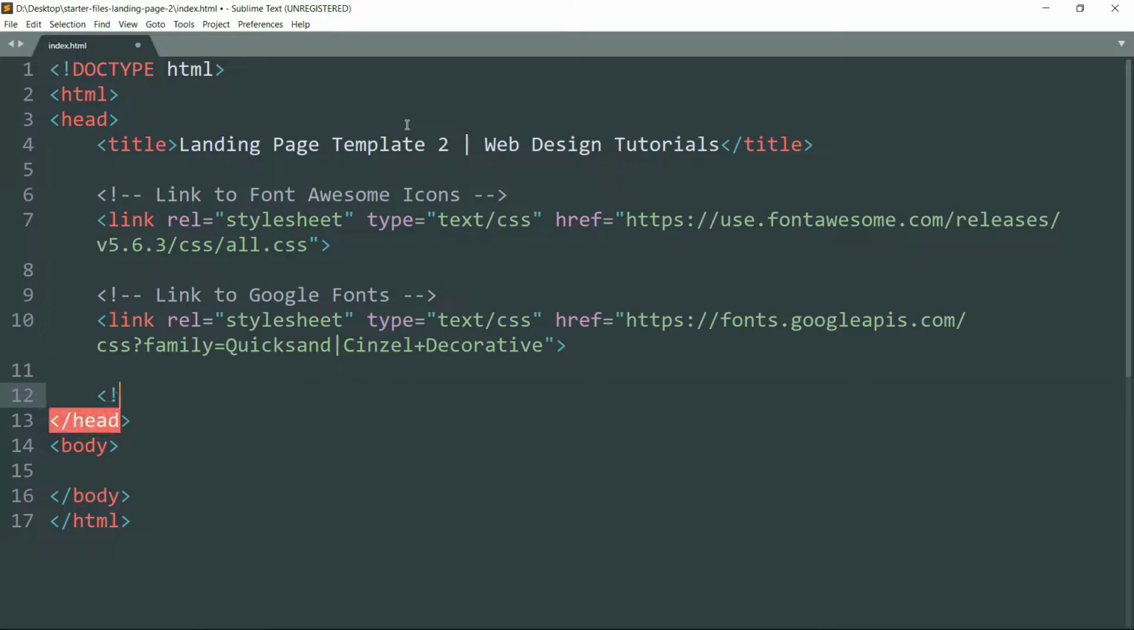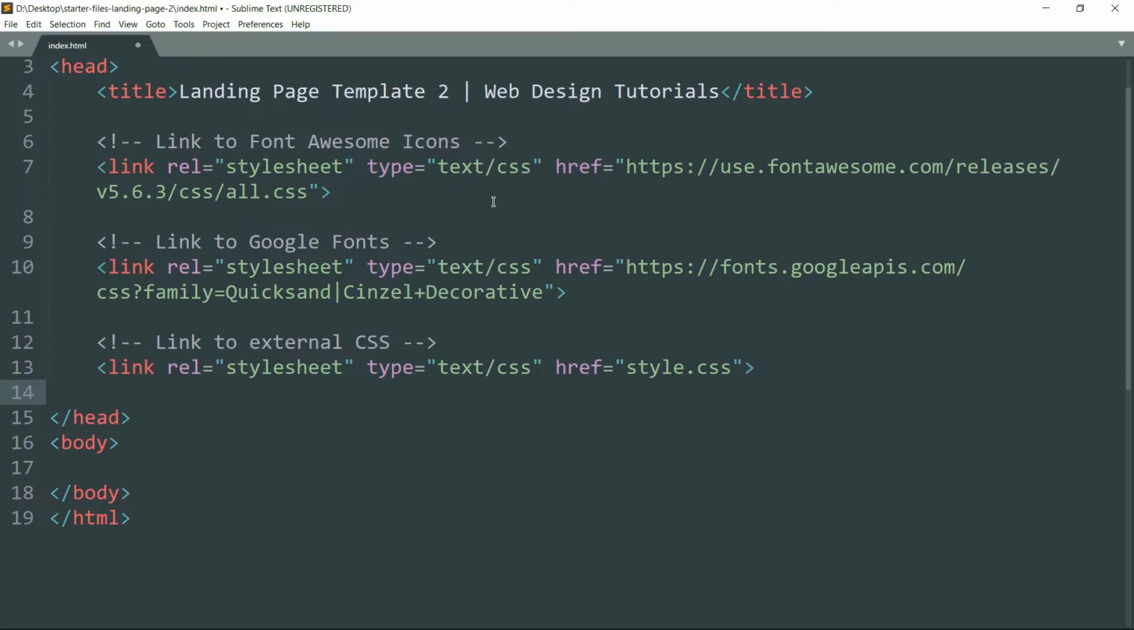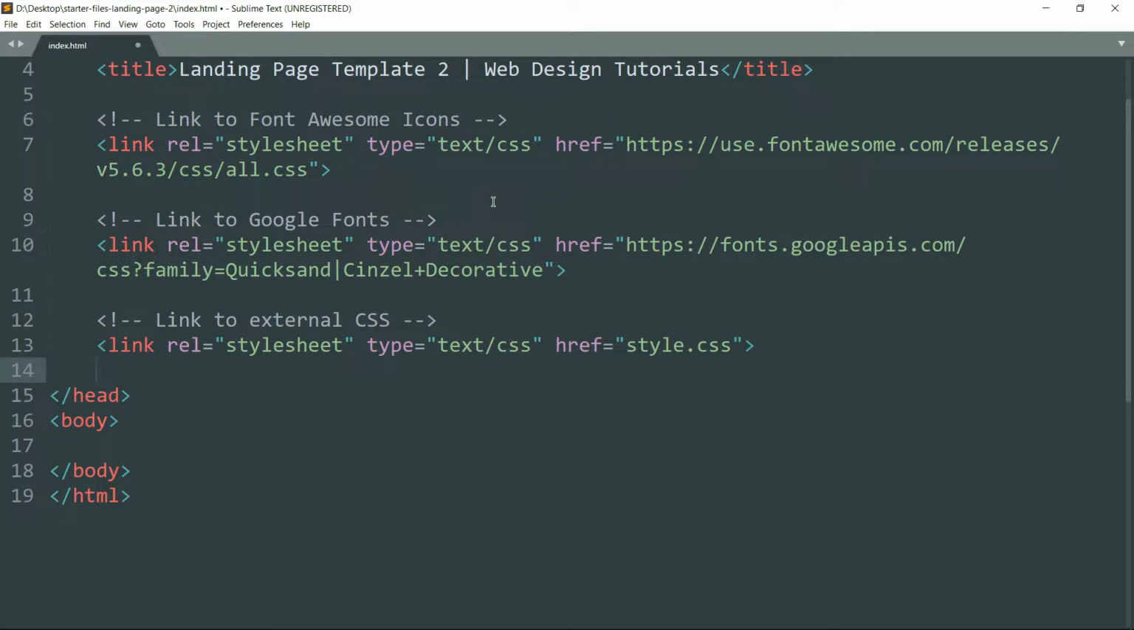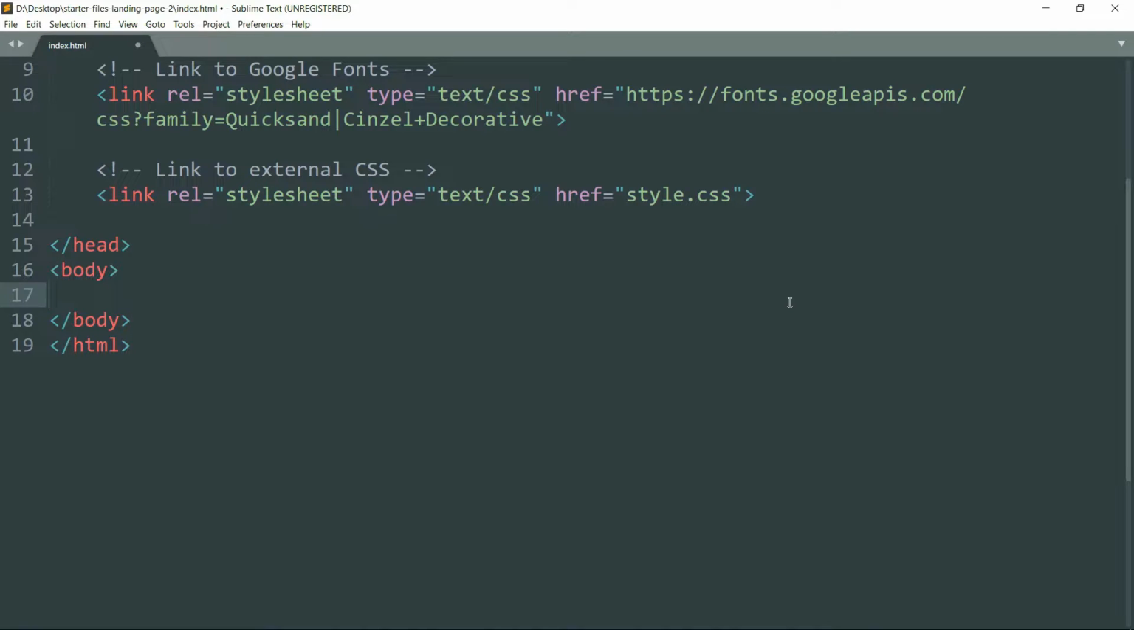Then let's add one link to the external CSS file that we are going to create later to keep all the CSS stylings. And in the reference we can write style.css. Since the file is going to be just next to the HTML file in the same folder, we don't have to write the location. Alright, then get inside the body tag and let's start with the section tag and class container